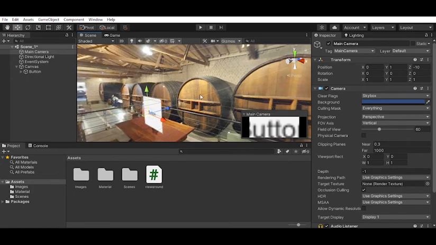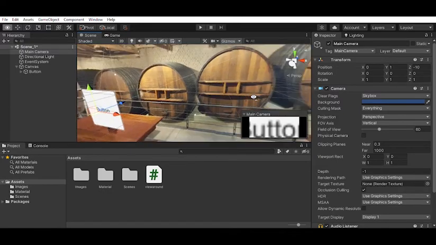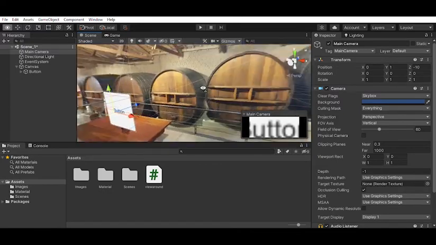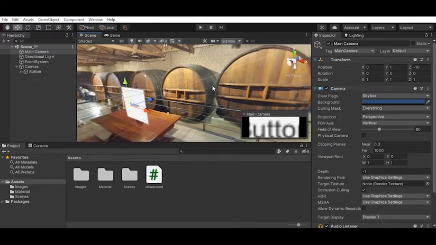Remember that you can move around your game editor view using your mouse. Right click, you can just move like this. If your mouse has a scroll wheel, then you can move like this in the space. So in the end, what we want to do is relocate this button to wherever we want so it looks good. Now I'm gonna use this arrow. Just click it with your left button,